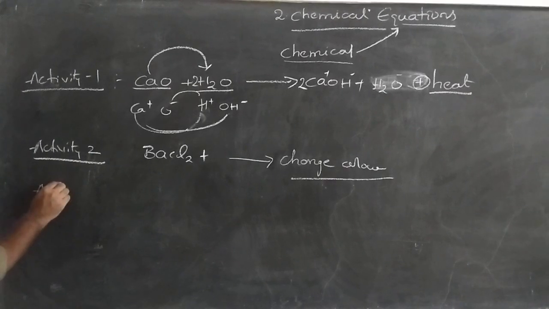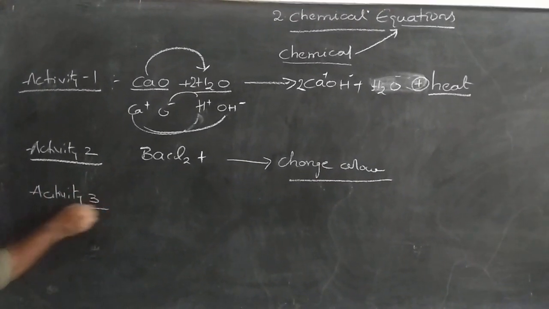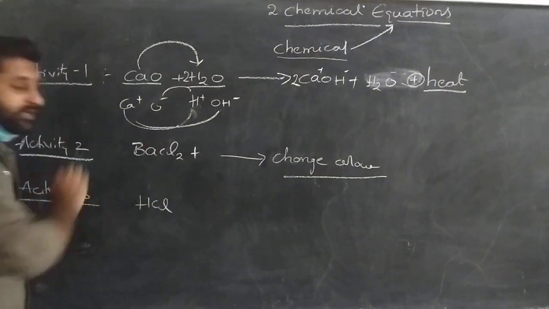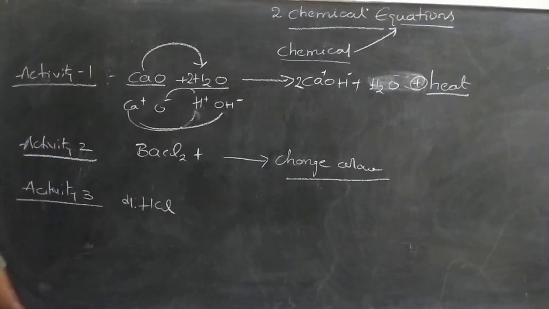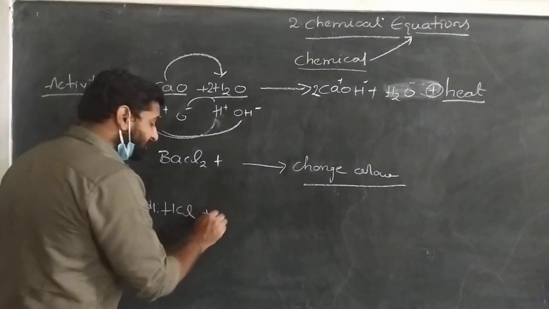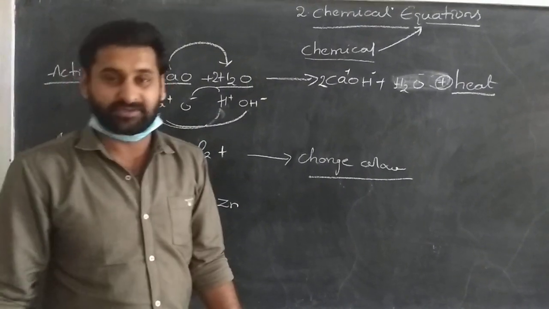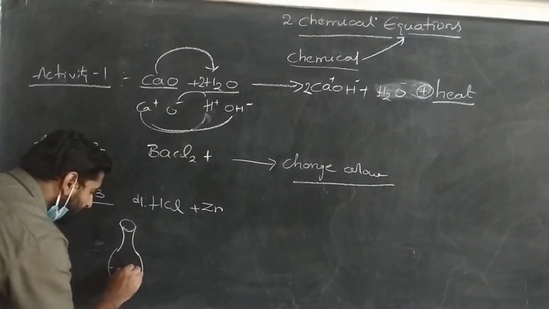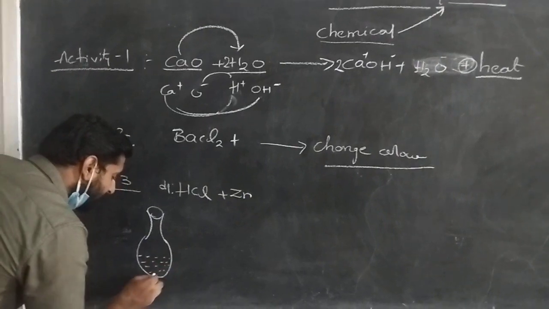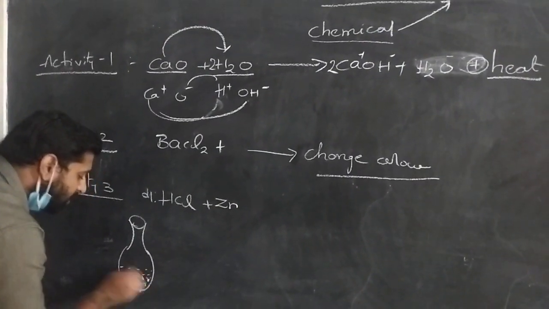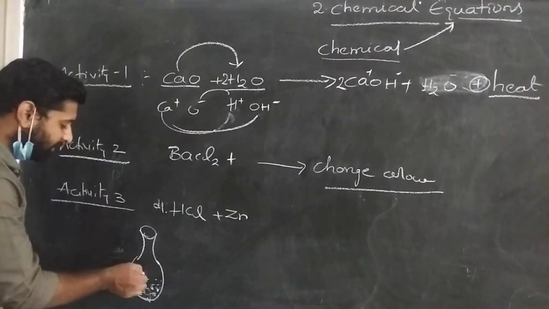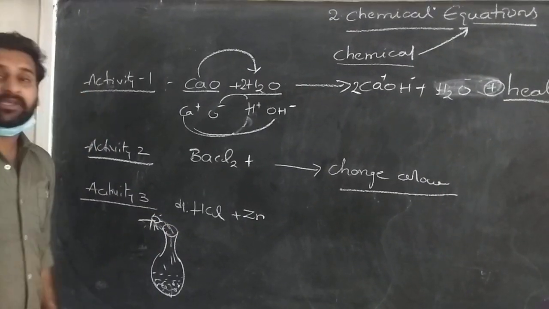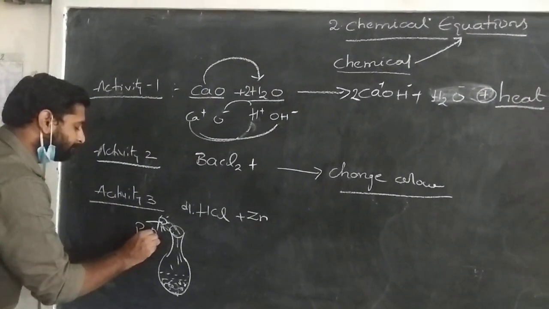You'll be getting clarity here. This activity we did literally with an equation also. What is this activity? Simple. An acid, hydrochloric acid, HCl, diluted, is added to zinc crystals. You take a jar, and in this jar you take hydrochloric acid and add some pieces of zinc crystals. What happens is that a foam is released. When you keep a matchstick near this, the matchstick will give a sound called pop.